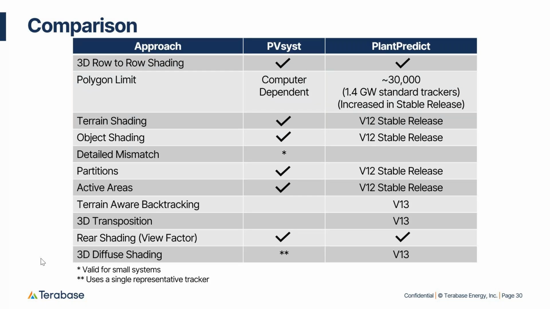And we're working actively to increase this number so that you can do more terrain following trackers, which have more bays in them. We currently don't have terrain shading, but we're working on it. Same with object shading. We're working on the user experience for partitions, electrical partitions. And if you're familiar with the concept of active areas,